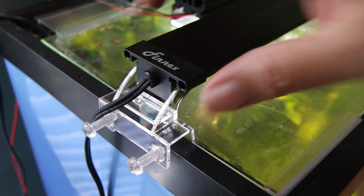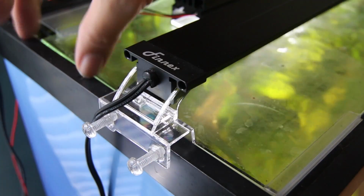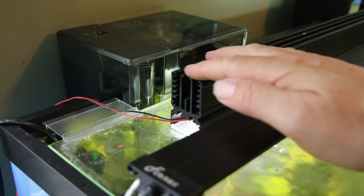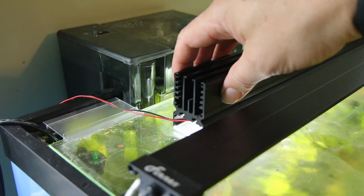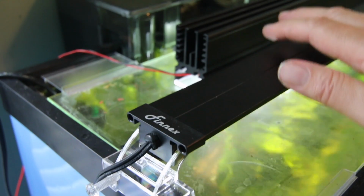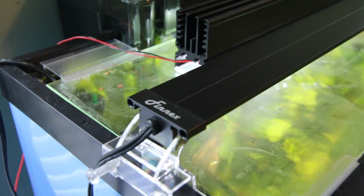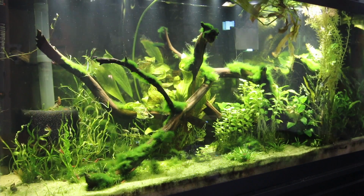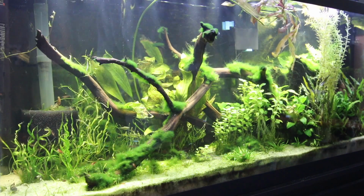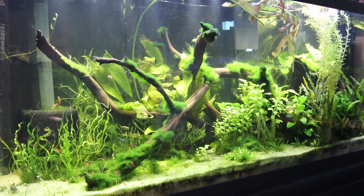So, alright, I've attached this to the side. This should really probably be on the back of your tank, like back on this portion. But I already have this light going and don't have anything to mount it to, so I'm just going to leave this here. I'll set this up for now. More than likely I'll switch these, but for the video, I'm just going to leave it like this. Okay, so here it is with just the light bar, and here it is with the Stingray. Fills in the light just a little bit. Not nearly as powerful as the light bar, but...